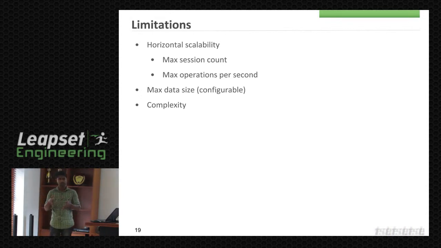That doesn't mean a call with 2 MB or 10 MB is going to fail. A call with maybe 1 GB might run into problems. The Zookeeper developers say that if your requirements are in the area of 1 or 2 GB data calls, maybe you should go to a different solution.